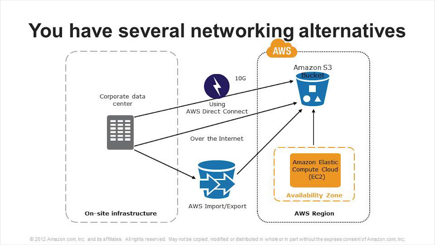The final option is called AWS Import Export. With this service, within your data center, you can write your data onto a variety of different magnetic and flash-based storage devices, and then you physically ship those devices to a particular AWS region. When we receive those devices, we will unpack the data and store it in the S3 bucket of your choice. When you set up your import-export job, you include a manifest file to provide full details of what you would like us to do with your data. So these are 3 different options you have for getting your information up to the cloud.